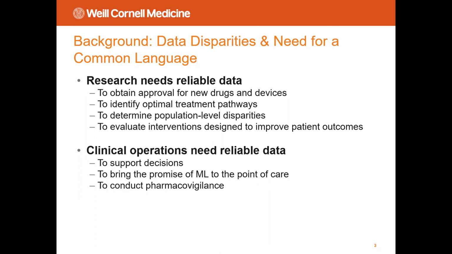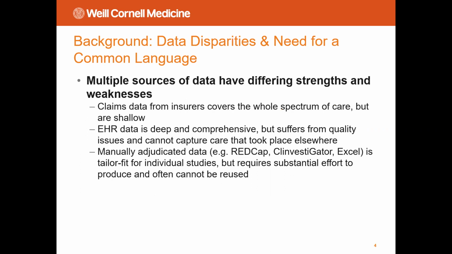Clinical operations need this stuff too. It's not just researchers. Clinicians need good data in order to be able to make informed decisions. Also, machine learning. There's been a lot of buzz about AI and ML out there in the past. You need a fundamental rock solid training set in order to get any of those models behaving with anything resembling accuracy or good performance. And ultimately also, as I mentioned earlier, to get a sense of which drugs may be damaging people. So in order to do all of this kind of work, you need good data and you need